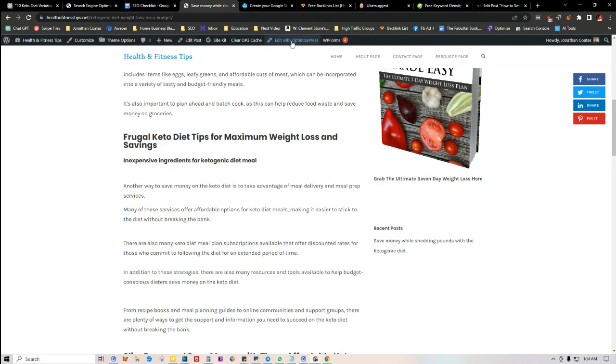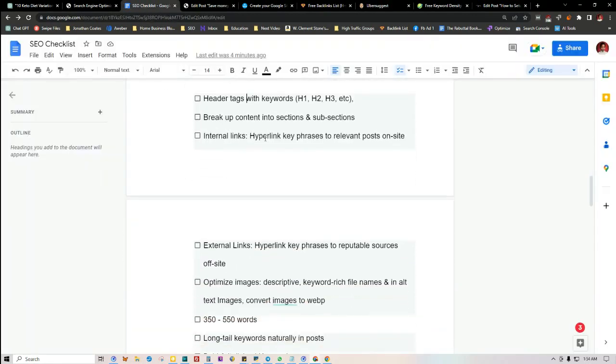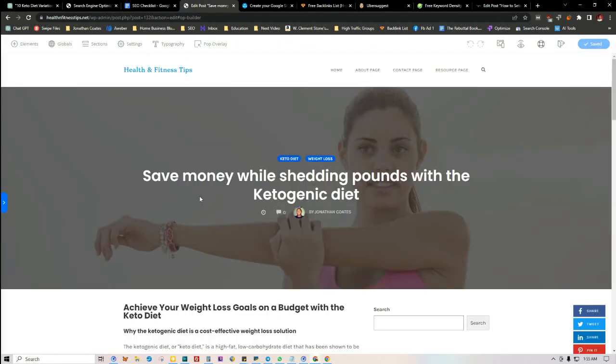For example, if I click on edit with OptimizePress, you'll notice on the SEO checklist, if you scroll down, it says hyperlink key phrases to relevant posts on the site. Right now we're on header tags, and I also mentioned to break up the content into different sections and subsections like how we have. So let's check these off and get into what I'm talking about.